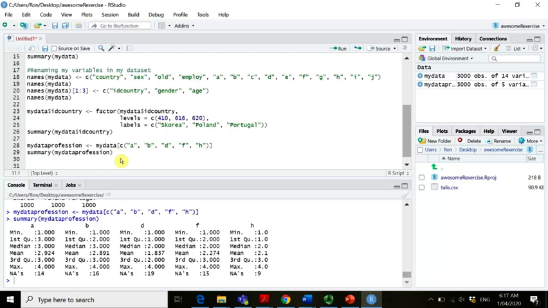I'm going to use the psych package. There is a very good function called alpha, for Cronbach's alpha, and we need to say what variables or what data set we want to use for that. So we want to use my data profession,